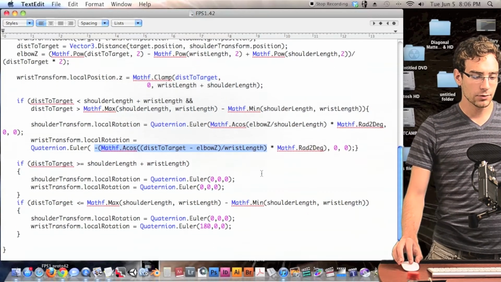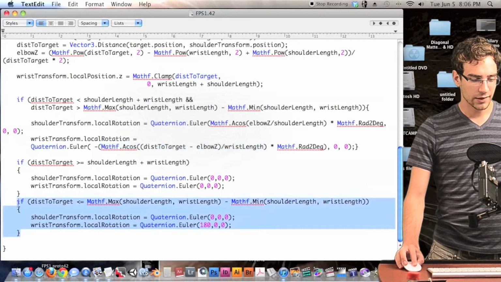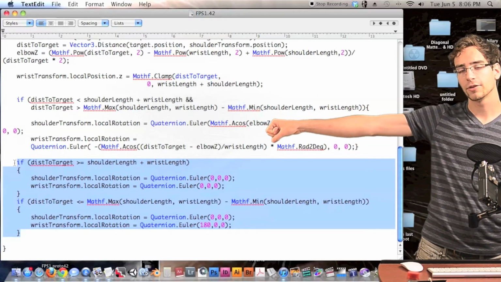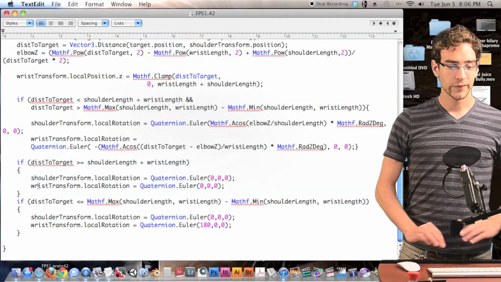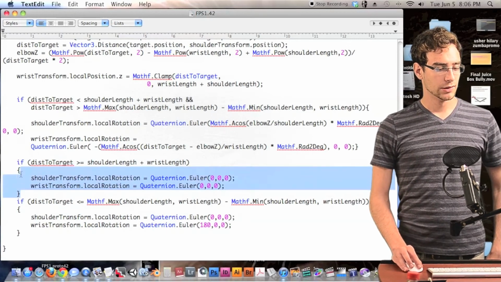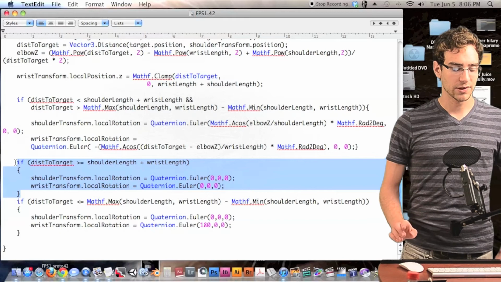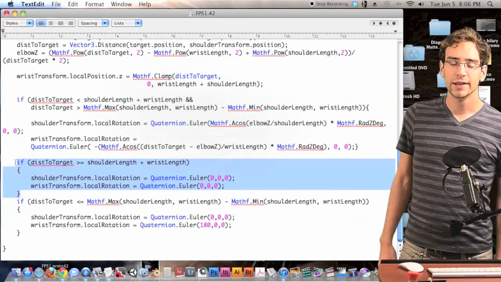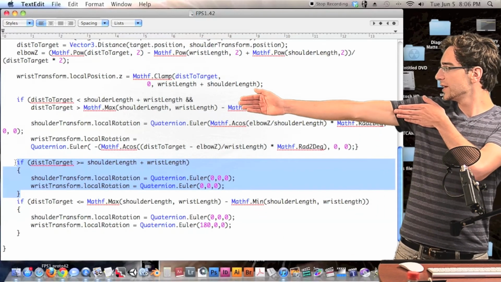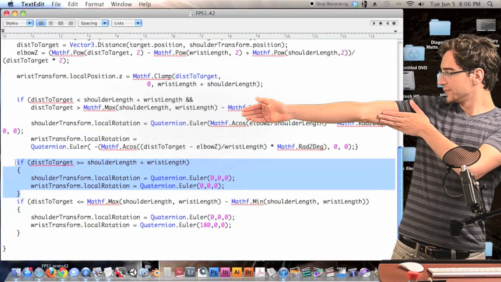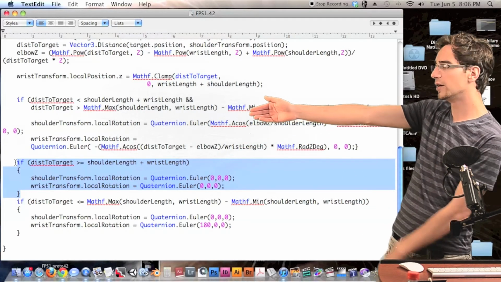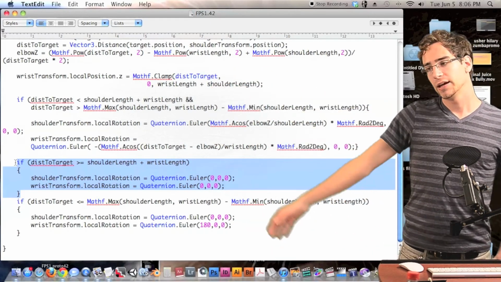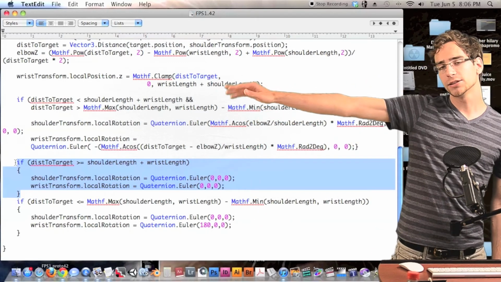And we have a few more lines of code, and these are two if statements with conditions inside of them. So if the target is too far away to grab or too close to be glitchy. All right, now let's take a look at this if statement and the lines of code inside of it. So this whole thing is going to be if the target is too far away to grab, then we're simply going to set the rotation of the arm to be 0, and I think we're also going to have the rotation of the wrist also be 0, because the arm is just reaching straight out because it wants to reach as close as it can, and the rotation of 0 and 0 is the closest that it can get to